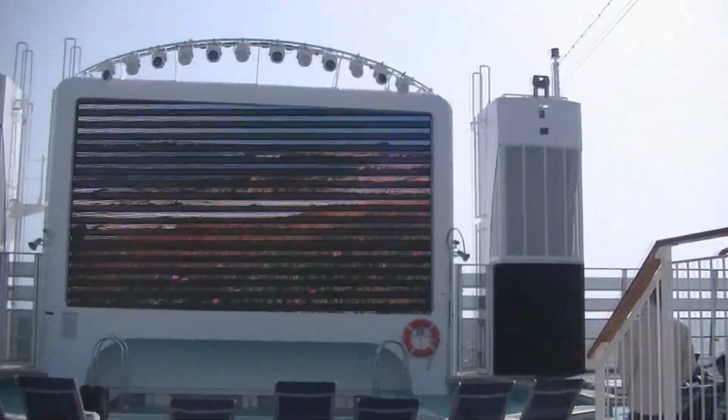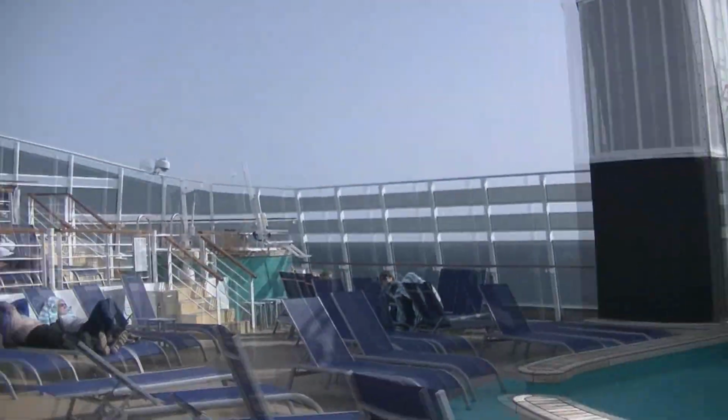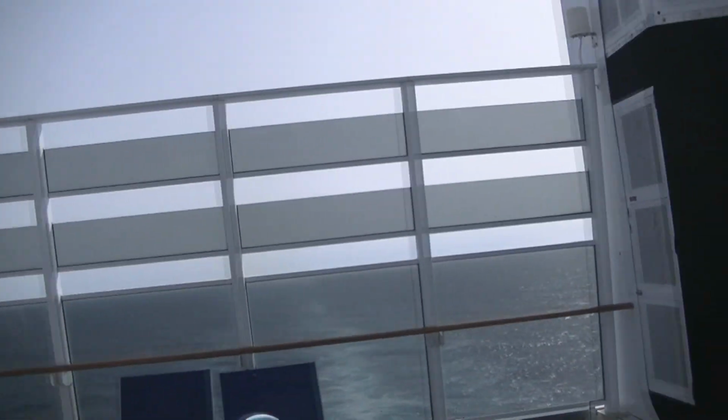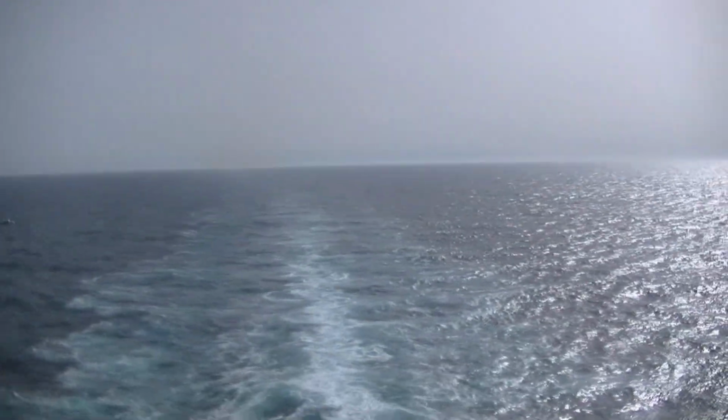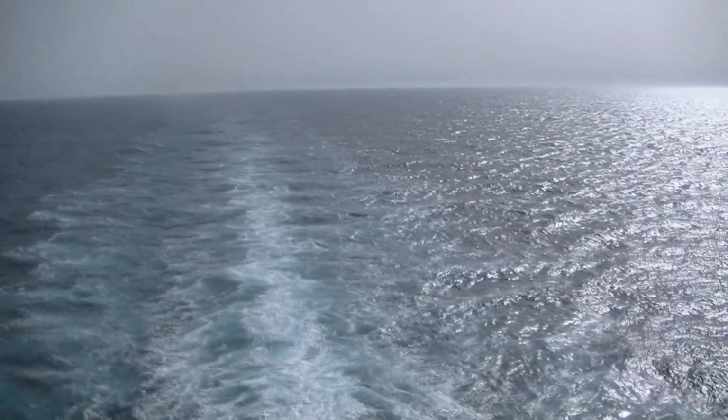To be honest, having a child with us, we haven't been here that often, and the weather's not brilliant, so there's not that many people around at the moment. But we'll just walk round, and from here you'll see that we are on the back of the ship. And there we go. That's the wash coming out at the moment. Behind us, we left Malaga yesterday. We're heading back towards Barcelona,